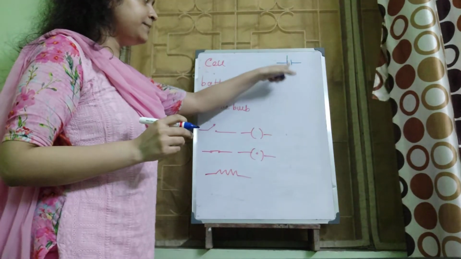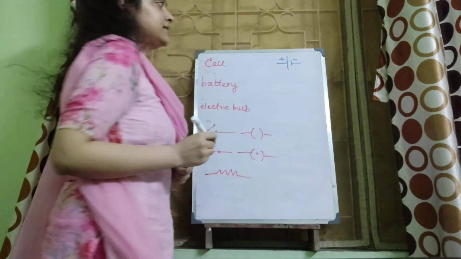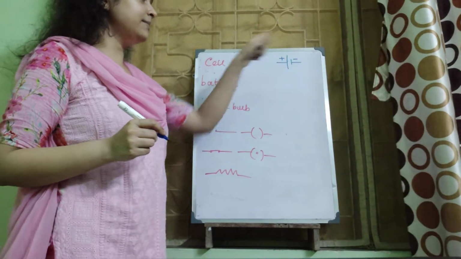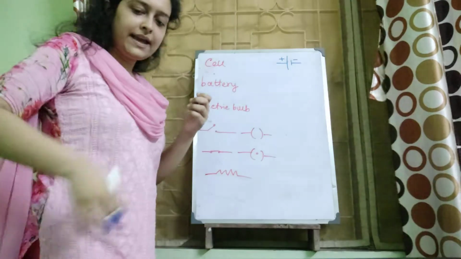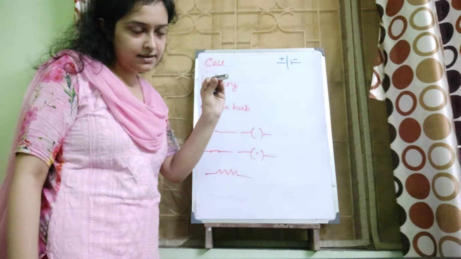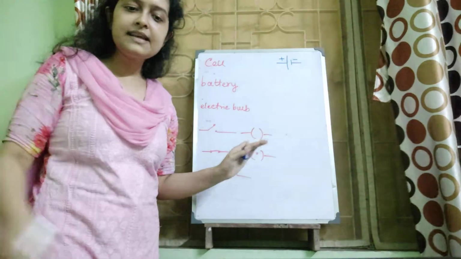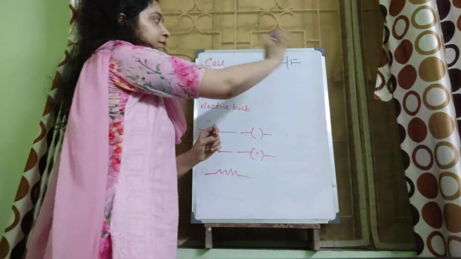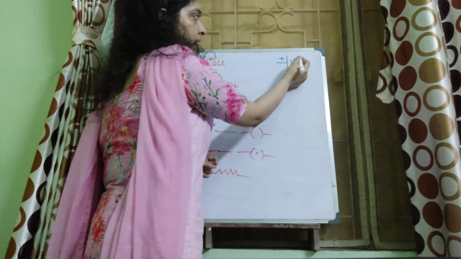The one which is bigger, we put a plus over there. One which is smaller, we put a minus over there. This one, bigger one is plus, smaller one is minus. This is how we represent a cell. So instead of drawing the cell like this, if I have to draw this, it's a very difficult thing. So simply I'll draw, if I just draw this, everyone will understand, okay, this is a cell. Bigger dash, plus, smaller one, minus.